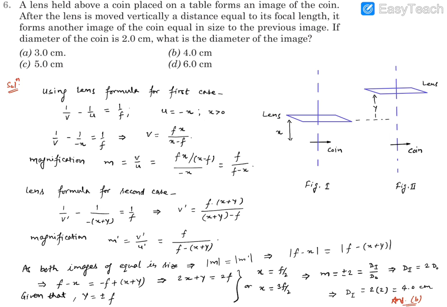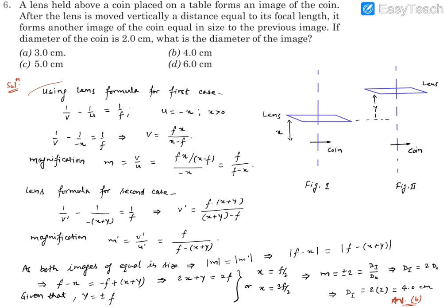Now in the latest case, we are shifting this lens vertically by a distance equal to its focal length. It's not saying whether you are taking it upside or downside, but you are moving vertically. So let's say we have moved it vertically up with a distance y. If this y is positive, that means vertically upward. If y is negative, that means vertically downward. So we are giving the direction to this y as upward, where x has been taken as a length. You'll find in this case, again the image is going to be of the same size.